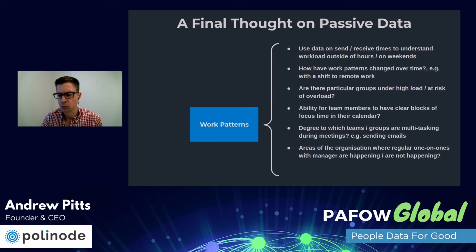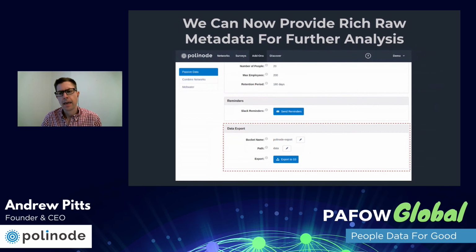Areas of the organization where regular one-on-ones with managers are happening and perhaps where they are not happening. And also, how do different work patterns, like sending emails outside of work hours, impact engagement? So what is the relationship between those two things? And this is a really new